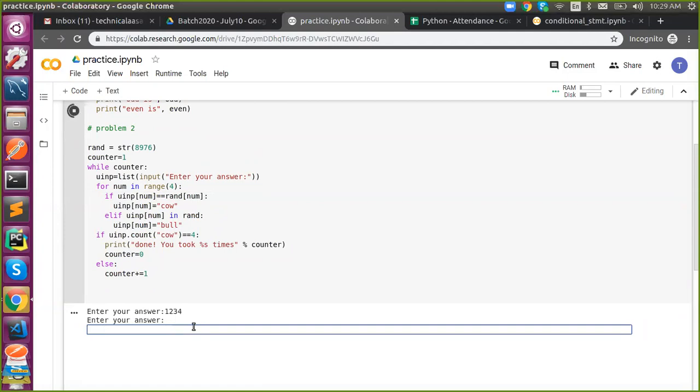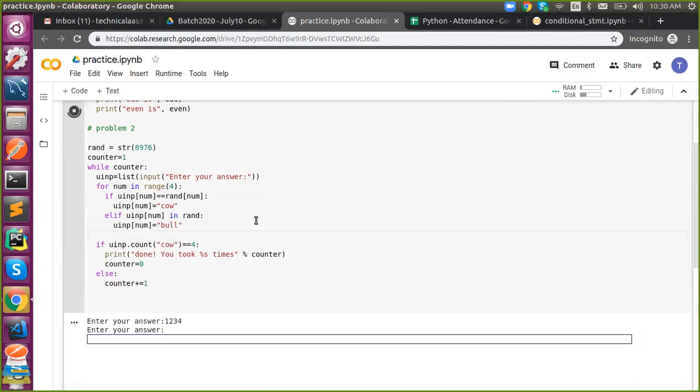No, it is not. Next, I'm trying. Oh, you have to say it. It will be good if you print, so the user will know what it is.